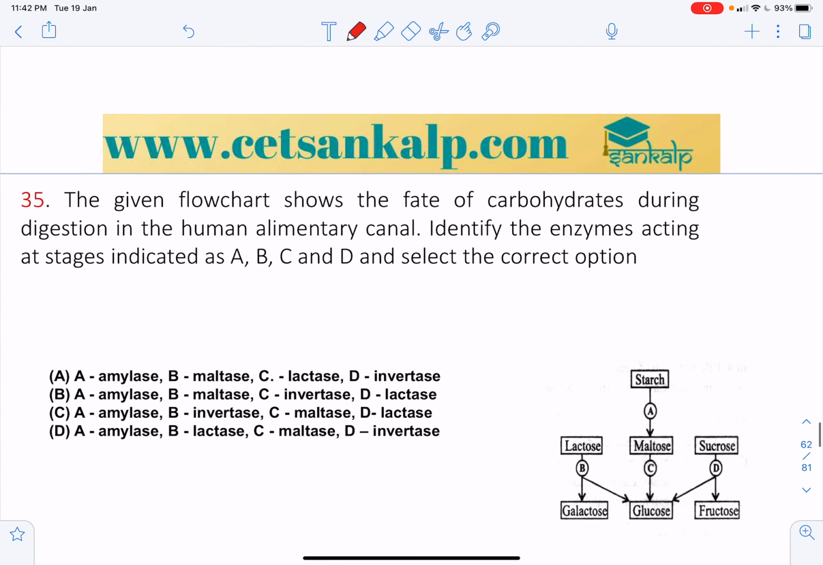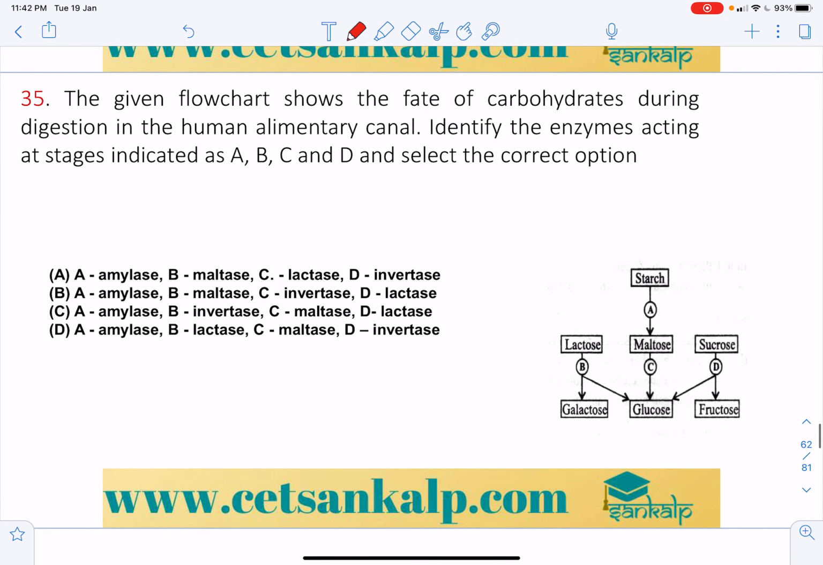Next question. Study the given flow chart, which shows the fate of carbohydrates. Different enzymes act on the carbohydrate and convert it into products. As we all know, during digestion in the human alimentary canal, carbohydrates keep on moving and these enzymes act. Let us take starch, which is converted into maltose in the presence of